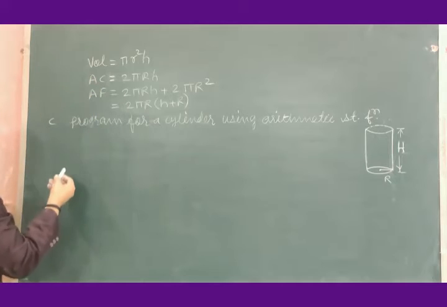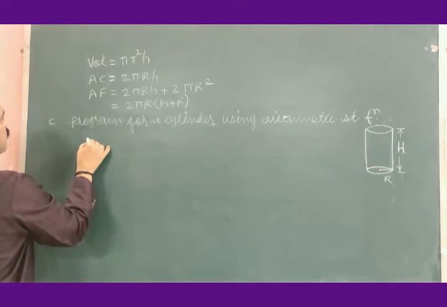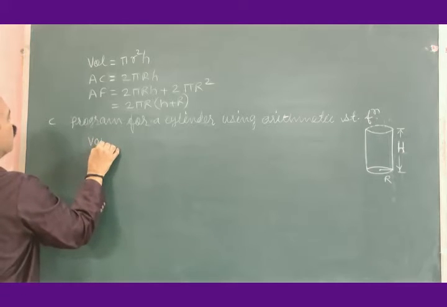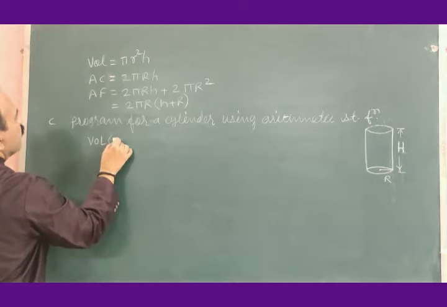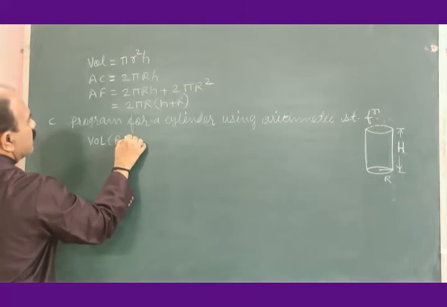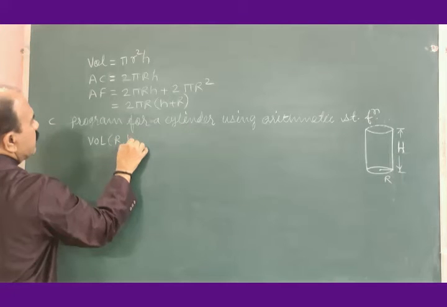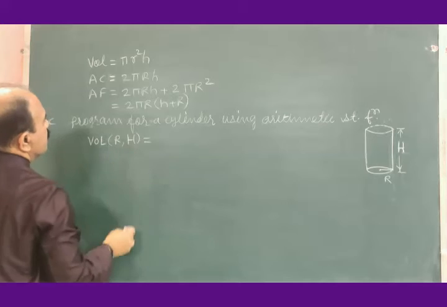And now let me define these arithmetic statement functions. Volume of the cylinder, it is a function of R and H. This is equal to